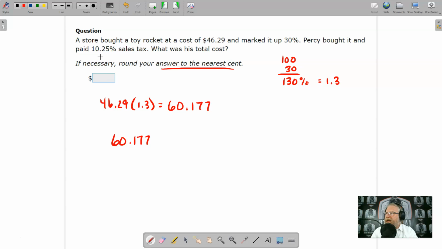Okay. Now Percy buys it and he pays 10.25% sales tax. So we need 10.25% of the 60.177. If we write 10.25% as a decimal, we move this over 2 places, and we end up with 0.1025 times 60.177. So if we multiply 60.177 times 0.1025, we would end up with sales tax of